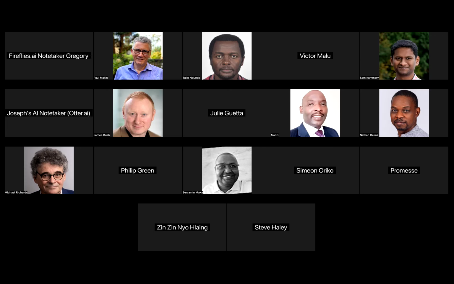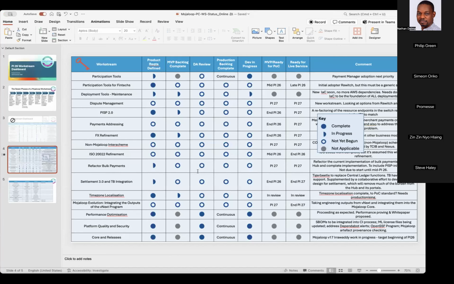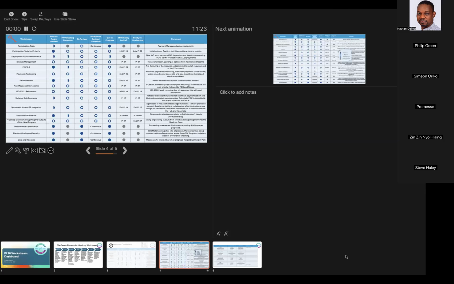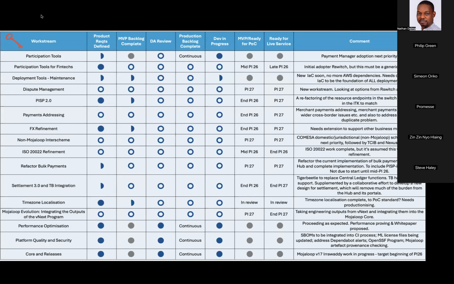Yeah. So this is my summary page of the, let me just move that to display version. There we are. I hope you can see this. I have all of these new work streams down the side. As you'll notice, most of them have the hollow circle, which essentially means that particular aspect hasn't been completed.